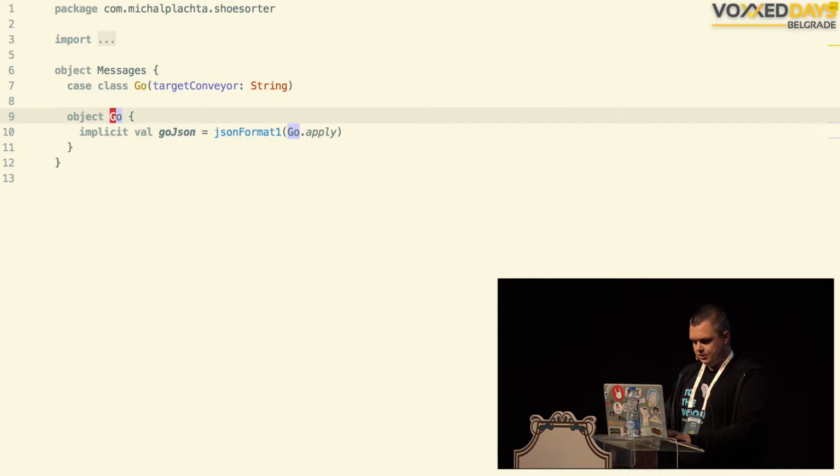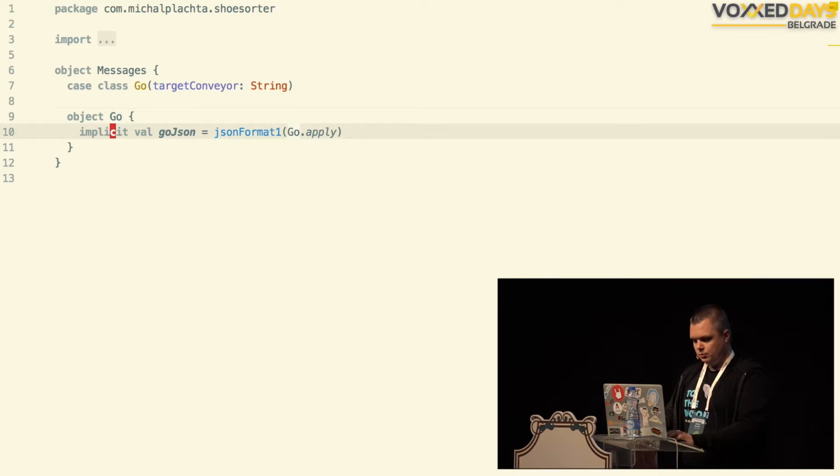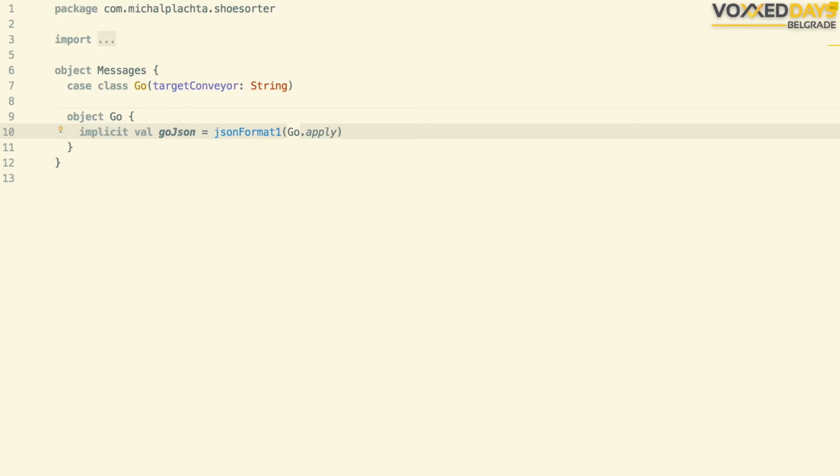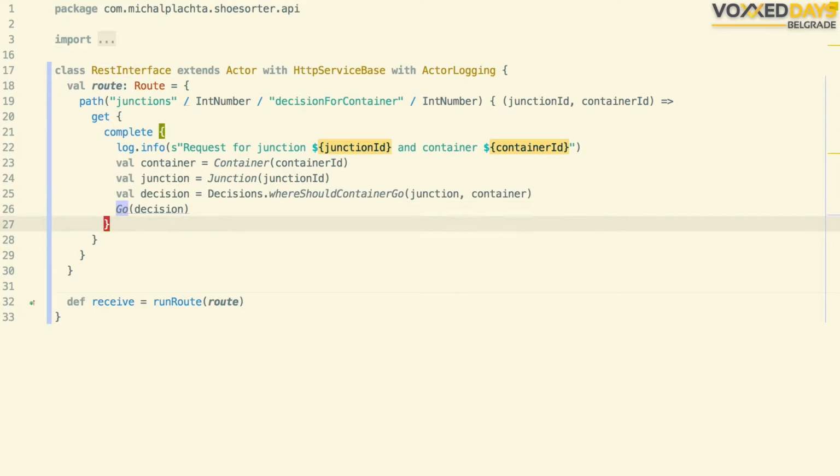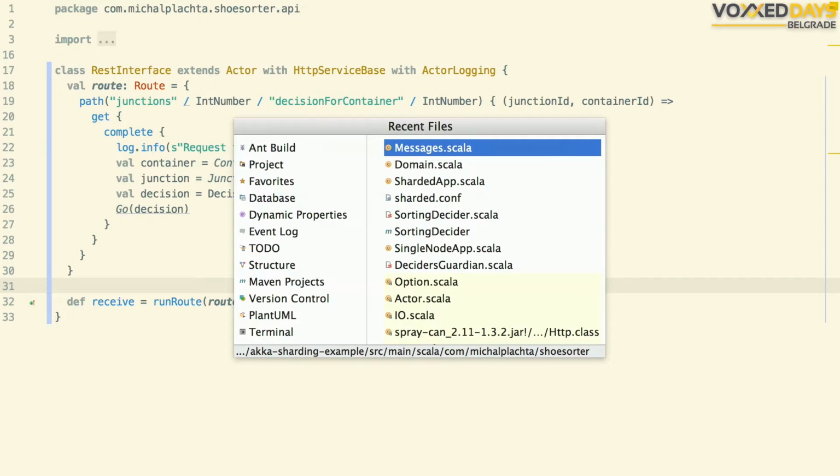Case class Go, but there are 3 more lines here. What those 3 lines do, we can just make sure that Go is serializable to JSON and deserializable from JSON. So this one line here does just that. So we know how to transform our case class into JSON. Because this is our response, Go. And basically this is the actor that takes care of all HTTP stuff.